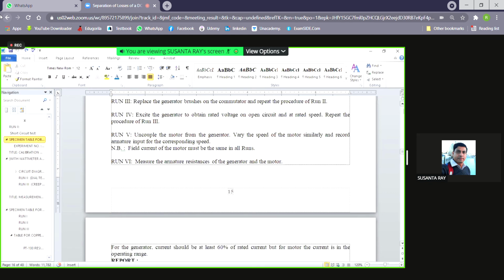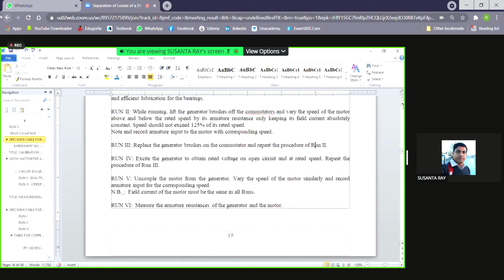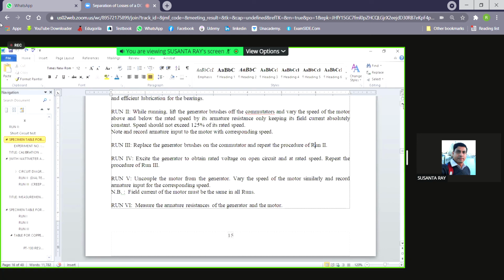Can you tell me what is the method by which we generally measure the armature resistance? What is the standard method? By using the voltmeter and ammeter method. Okay, you had that experiment in first year. You have to connect some load box, flow some current through the armature, and then measure current and voltage drop. Voltage drop divided by the current flowing through the armature will give you the resistance. You will have to take a number of readings and then average them out.